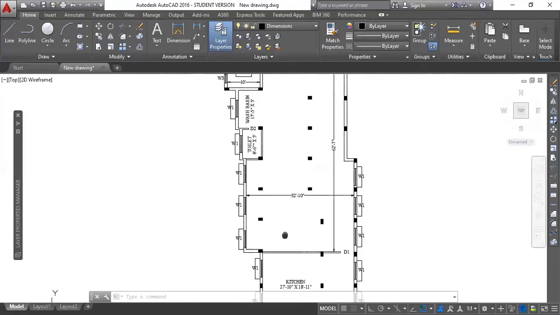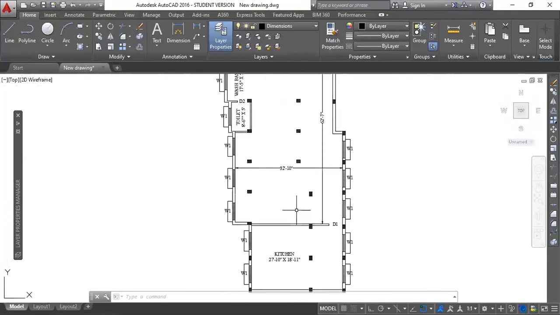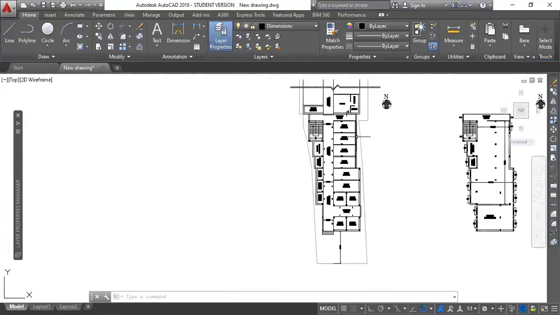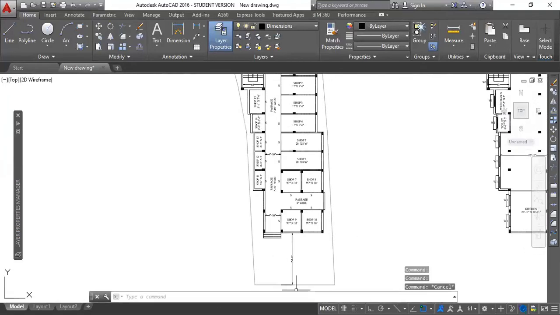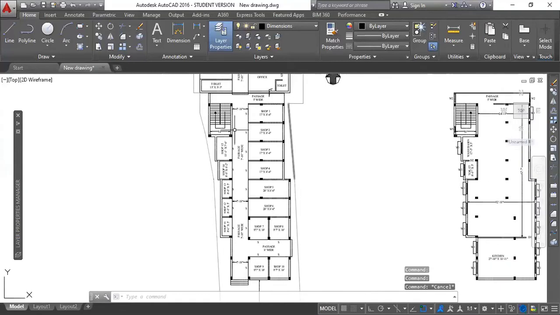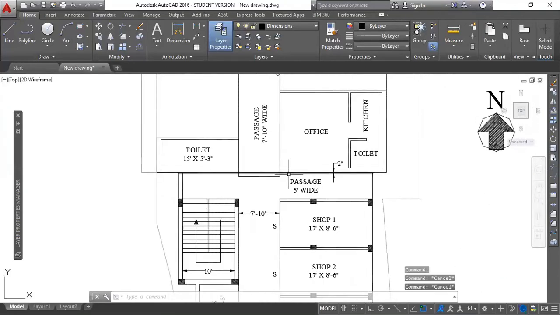This is a pretty basic sketch, and a lot more revisions will be there because the plot is a very crazy kind of plot. This gray line you can see is the outline of the plot, and that is how the commercial place looks. So whatever, this is the thing.